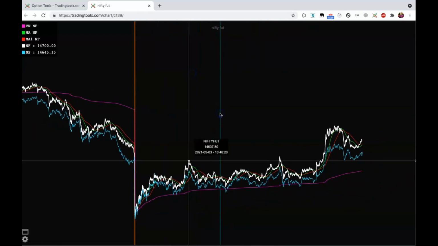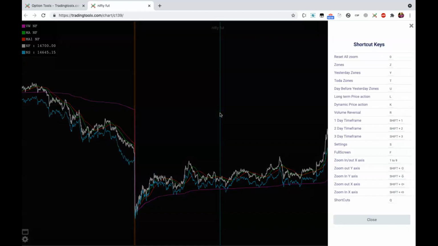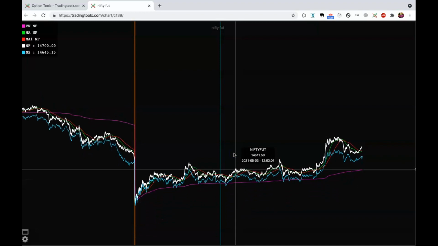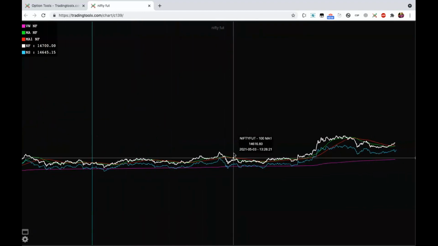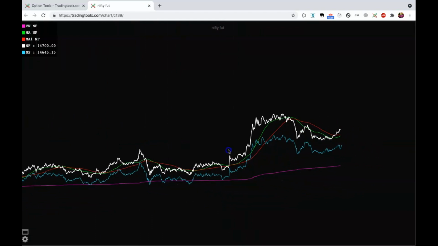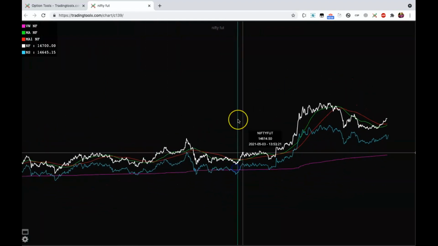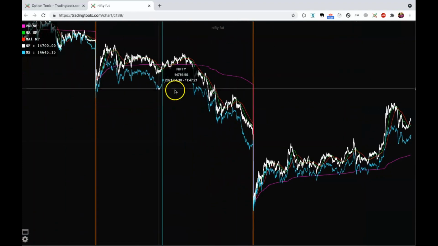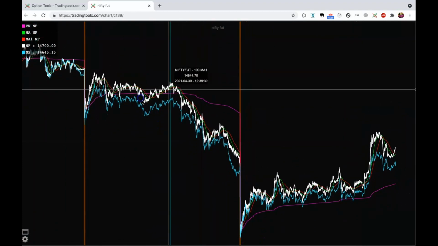Also, if you open the shortcut by pressing Q, you can see the shortcuts Shift up/down or Shift left/right. This also will zoom in like this. I am pressing Shift up, now Shift down, now Shift right and again Shift up. After that you click on the chart and drag it like this, so you can see the clear view. And again I am swiping up to zoom out. So this is how you can zoom in and zoom out.